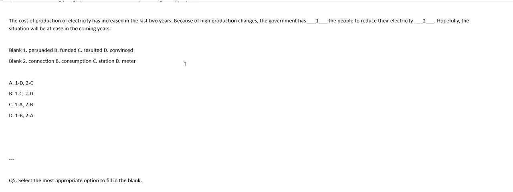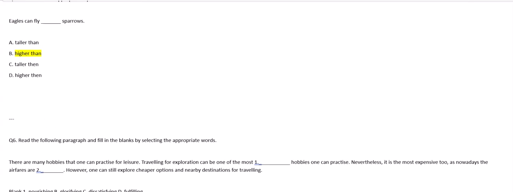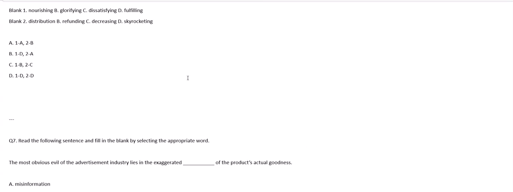We discussed here the difference between persuaded and convinced. Convinced means to change someone's opinion. Persuaded means convincing someone in order to take some action. Okay, these are the two main differences. Generally, students will confuse persuaded and convinced. We have studied these things. Higher is always used for altitudes. Okay,